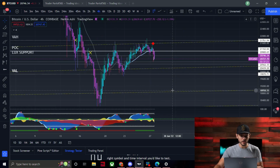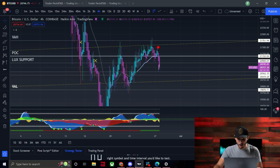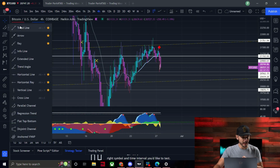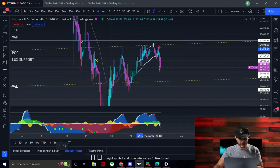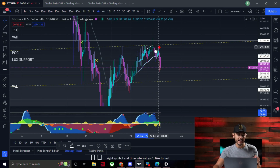Now, another way you could have seen this dump coming, if you wanted to catch a short off of this dump here, is pretty easy to spot. If you take a look at the 4-hour, you do actually have a bearish divergence here that has been confirmed. And now this blood diamond continues the move, right? So basically what we're seeing play out here is this 4-hour bearish divergence, and then to add insult to injury, the blood diamond just printed and